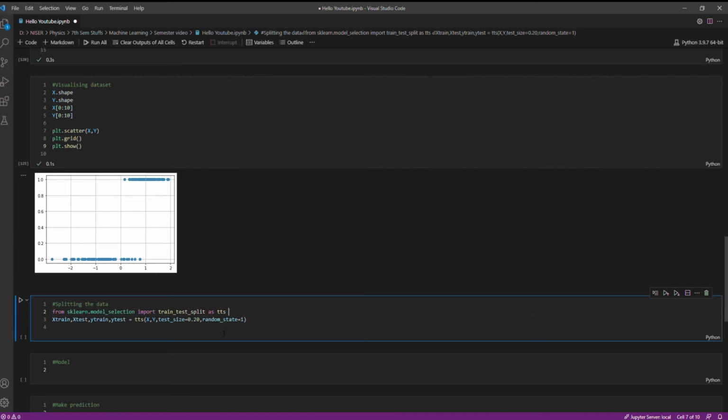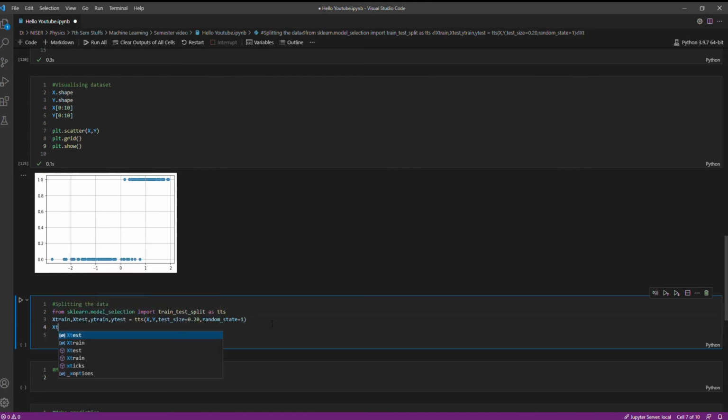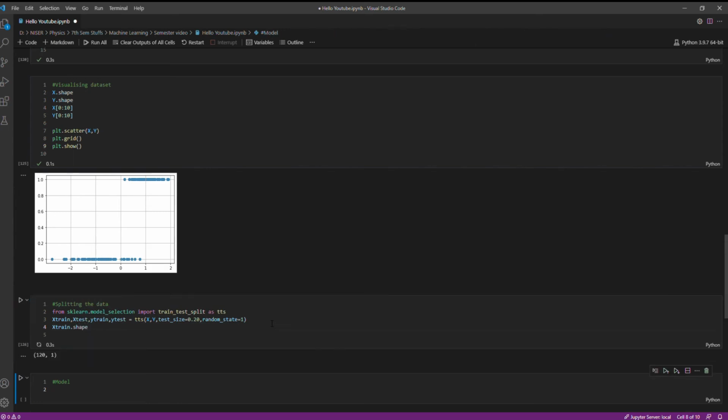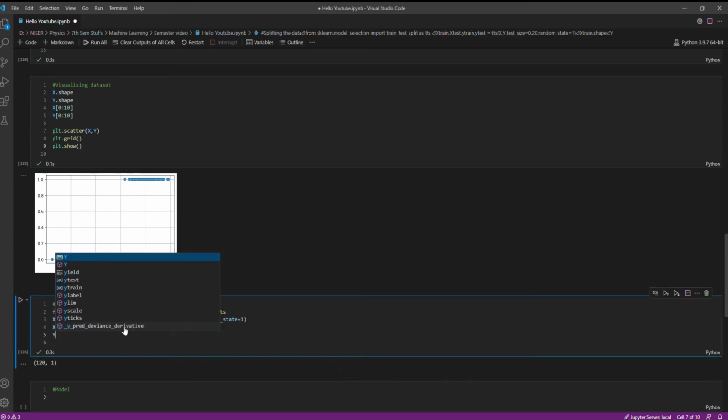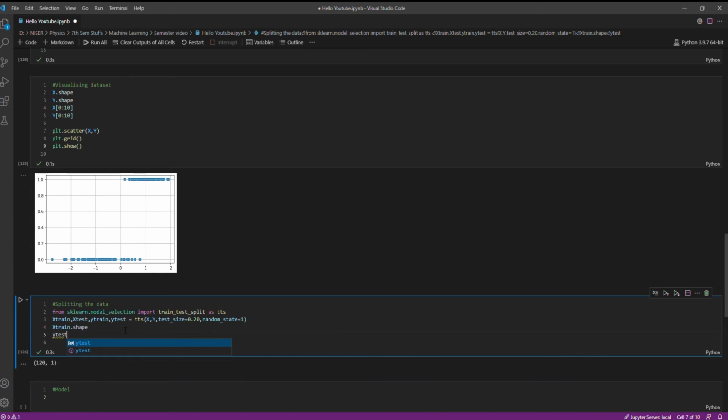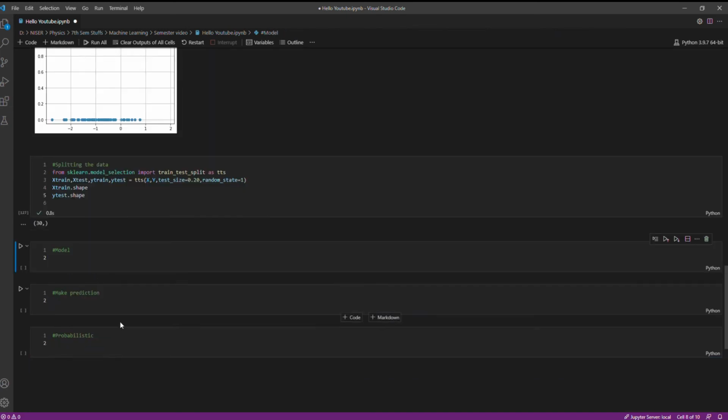So we got x_train, x_test, y_train, and y_test. The shape of x_train is 120 by 1, and x_test should be 150 minus 120, that is 30 by 1. Similarly the shape of y_test is 30, and y_train is 120.